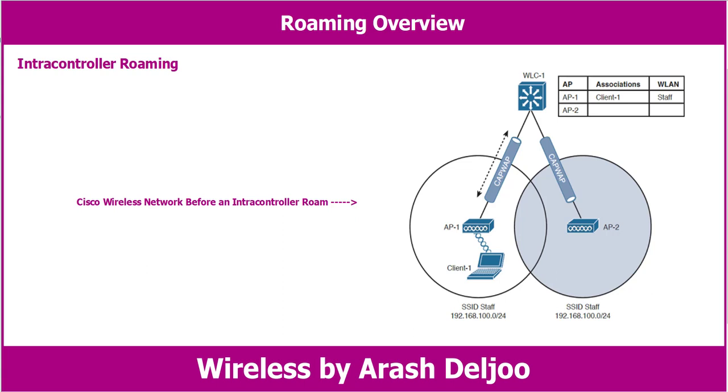This figure shows a two AP scenario where both APs connect to a single controller. Client 1 is associated to AP1, which has a Control and Provisioning of Wireless Access Points, or CAPWAP, tunnel to controller WLC1. The controller maintains a client database that contains detailed information about how to reach and